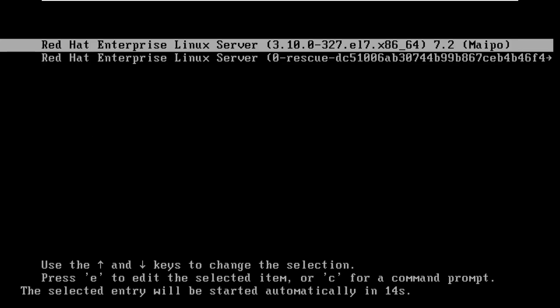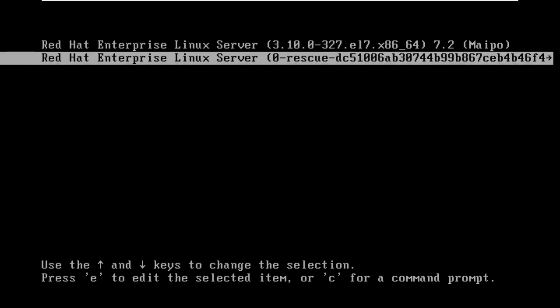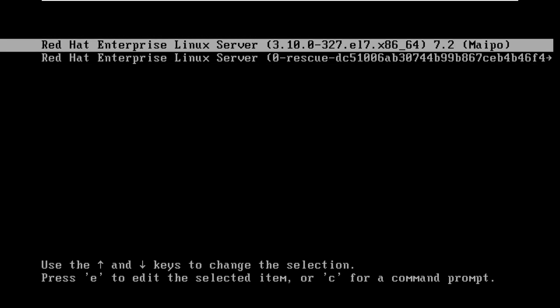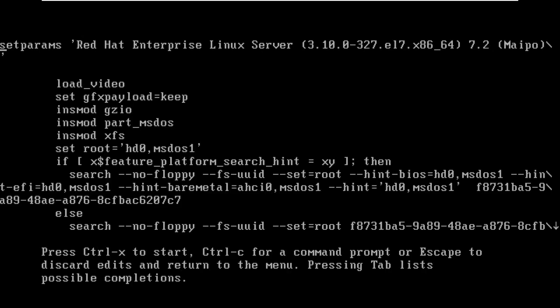So this is the boot menu, and the timer is of 15 seconds. So I will stop by pressing up or down arrow key. Now the timer is stopped. It also says here to use the up and down key to change the selection, and then it will stop the timer. Then it says press E to edit the selected item. So you have to select the kernel. So I selected the first one and I want to edit it. So I will press E, and this is the menu entry and all the other settings of the kernel.